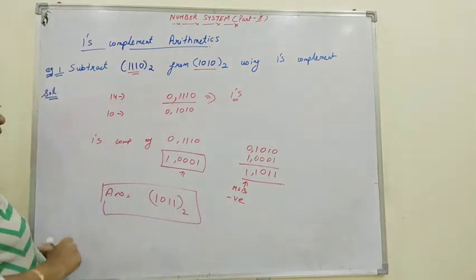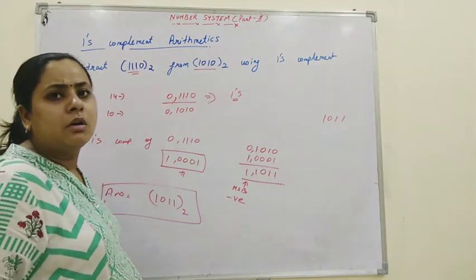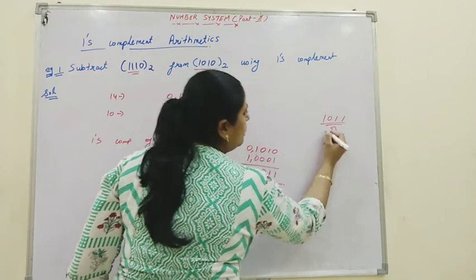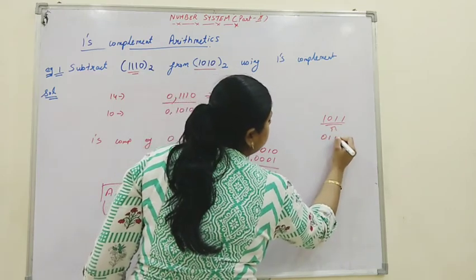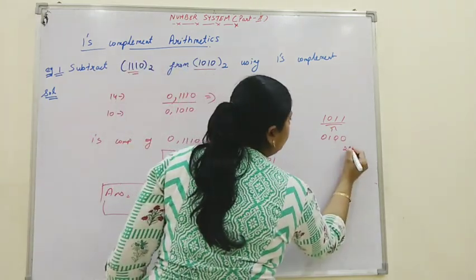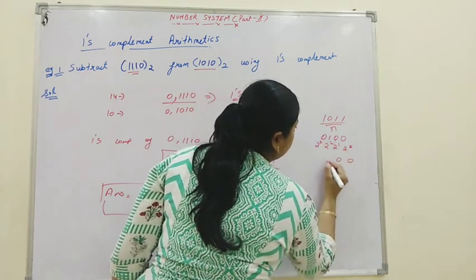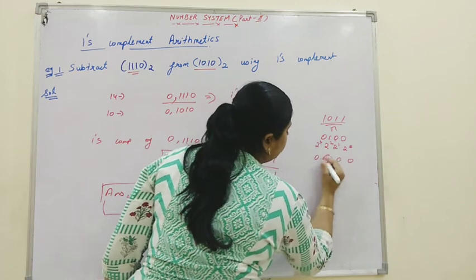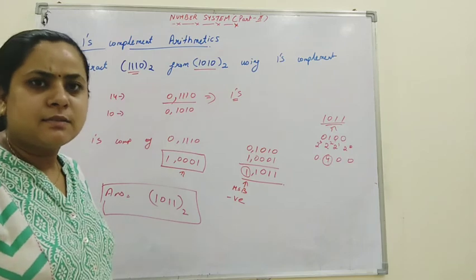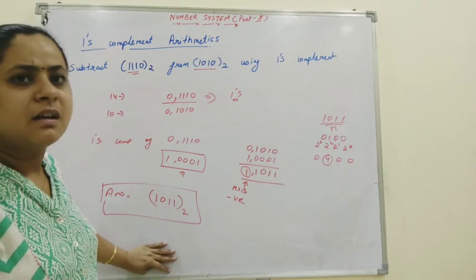If we want to check it, we will check whether this 1, 0, 1, 1 gives us 4 or not. How will we check it? First we will convert it again into 1's complement form, 0, 1, 0, 0. Now we check the powers of 2: 2 to the power 0, 2 to the power 1, 2 to the power 2, 2 to the power 3. It will be 0, 0, 4, 0. Yes, we are getting this 4 with the MSB as 1, the most significant bit as 1, which represents that it's a minus number. So our result is correct.